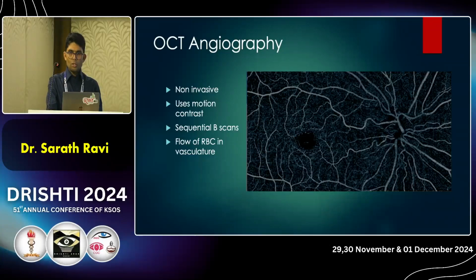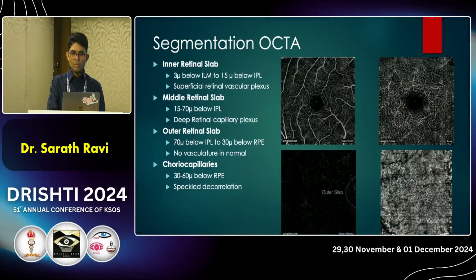So coming to OCTA, Dr. Saravana has already given a brief preview of the OCTA. It's a non-invasive imaging of the retinal and choroidal vasculature using motion contrast. Repeated B scans are taken at the same retinal location, and any change in the phase or amplitude of the scan indicates a flow of RBCs within the vasculature. So the machine divides this cube scan into multiple segments,